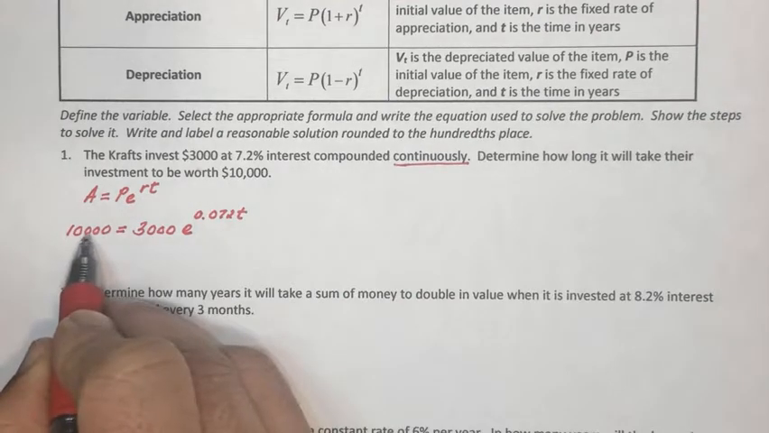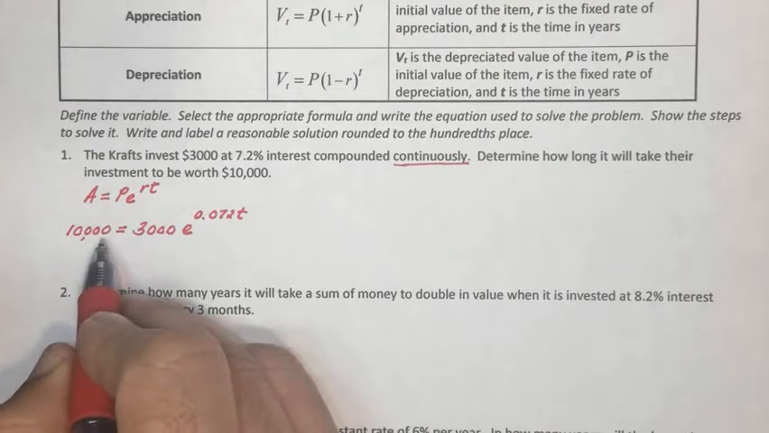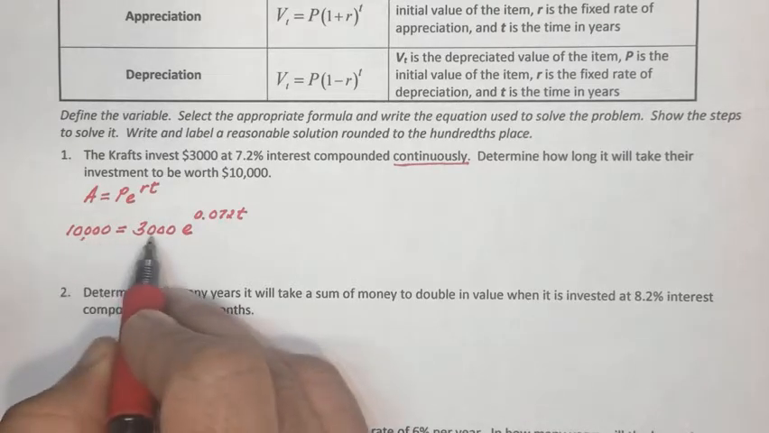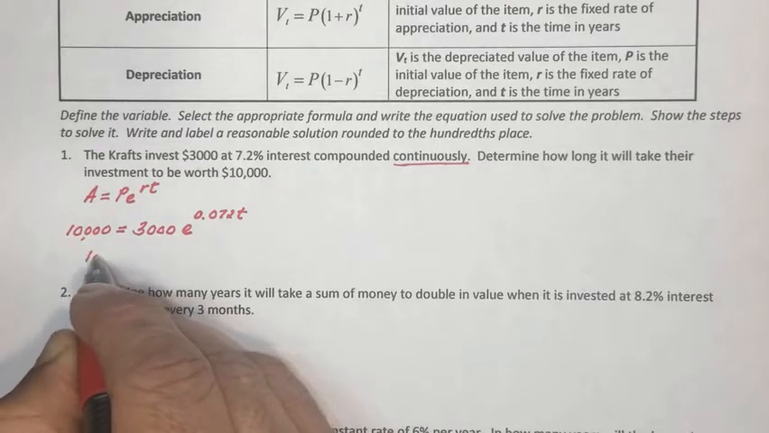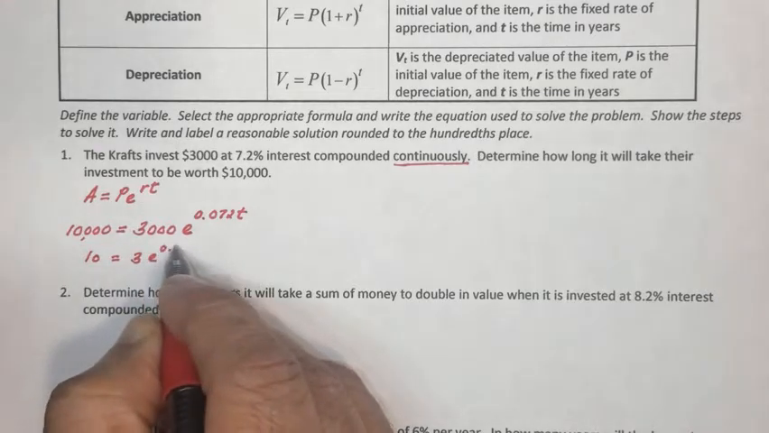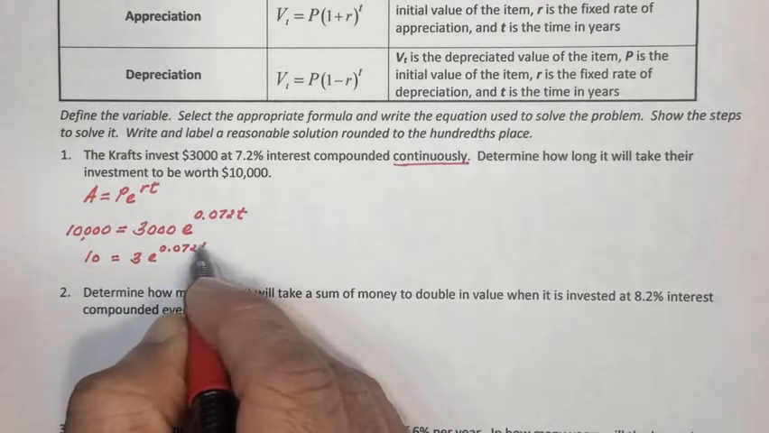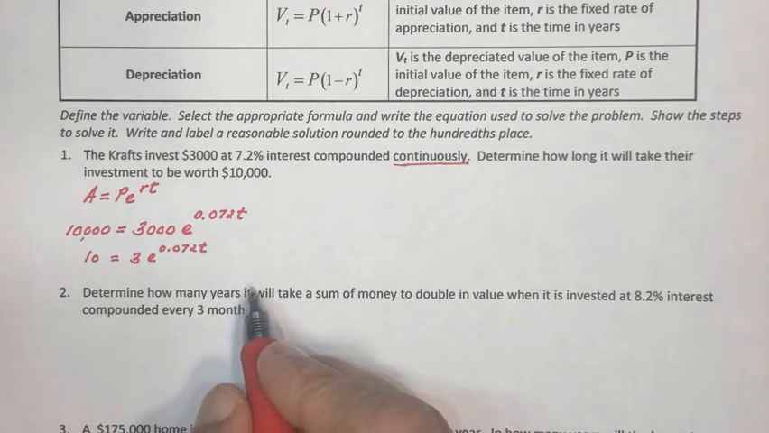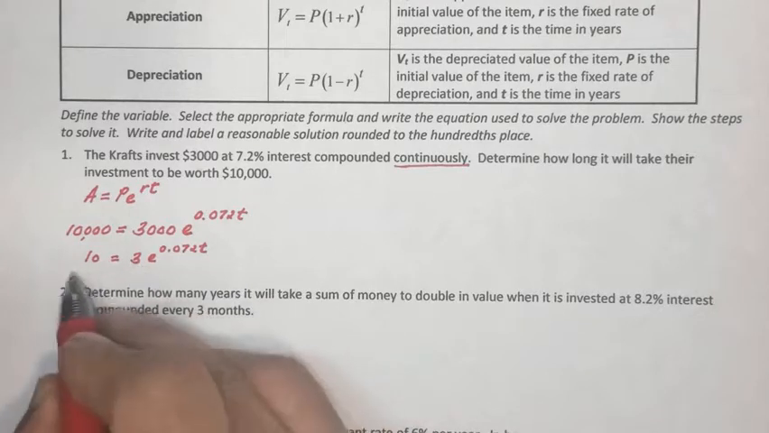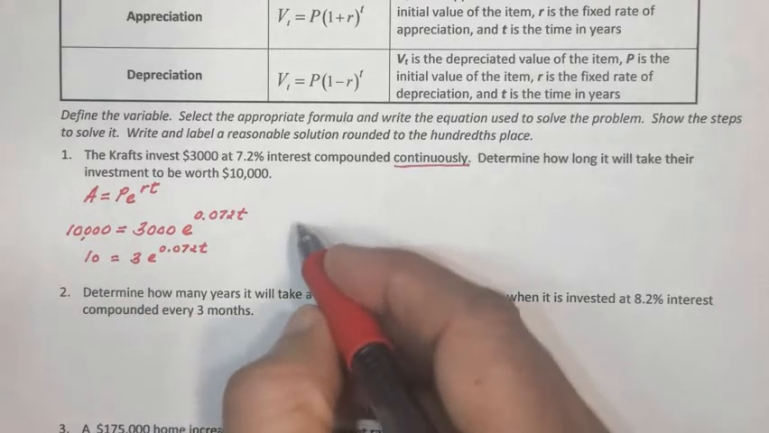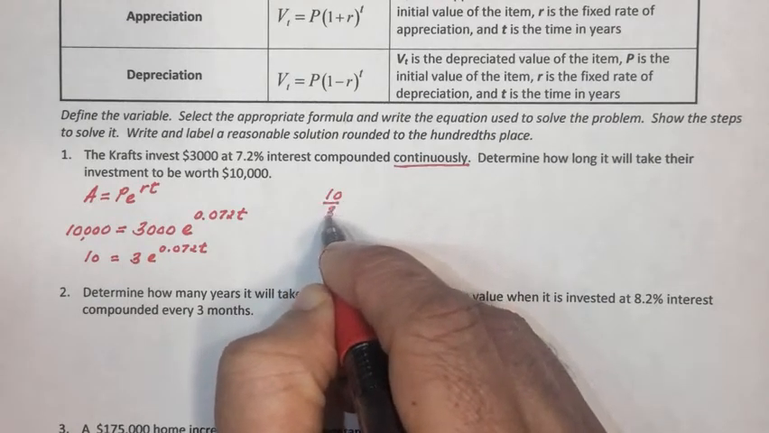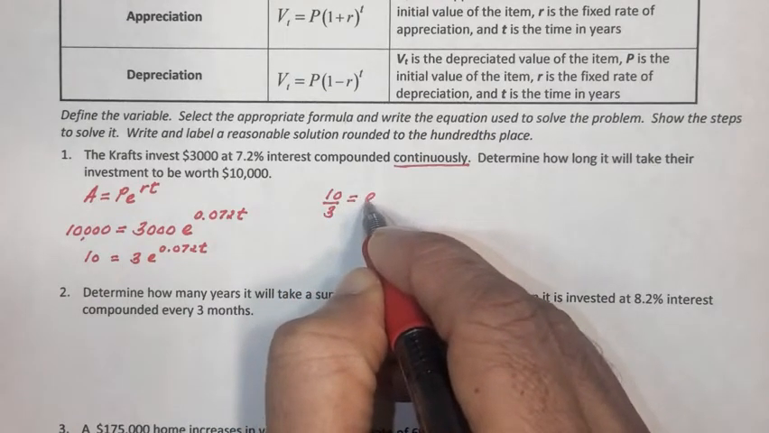We can cancel out the 3 zeros, that means divide both sides by 1000, so you get 10 is equal to 3 e to the power of 0.072 t. Now apply natural logarithm on both sides. You can even bring that 3 down here, so this becomes 10 over 3 is equal to e to the power of